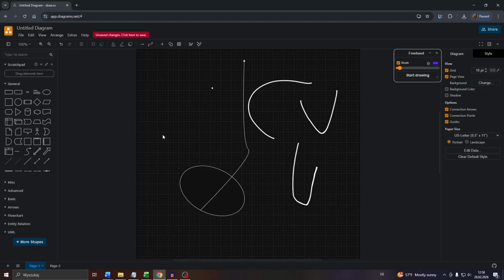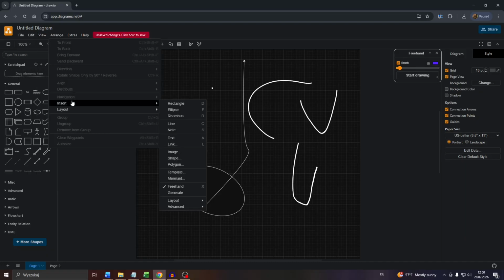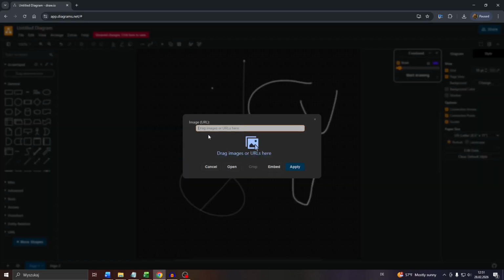So navigate to your diagram project, and what you want to do is click into Arrange here, select Insert, or hover your mouse over Insert here, and use the Image option here. After that, you may, for example, drag the image in its given file format like JPEG or PNG here to that position, and that's basically it. After that, click into Apply,